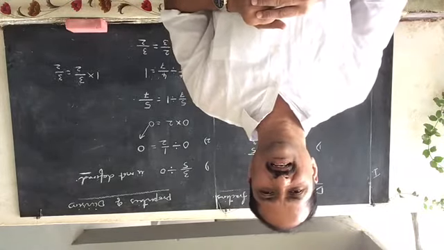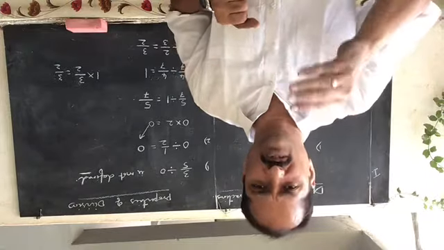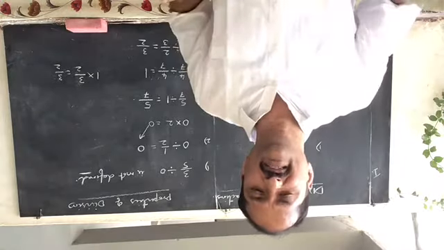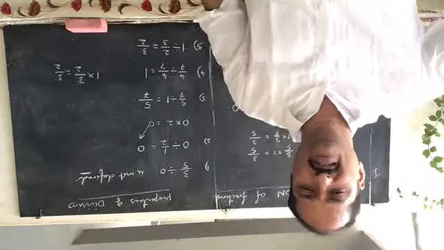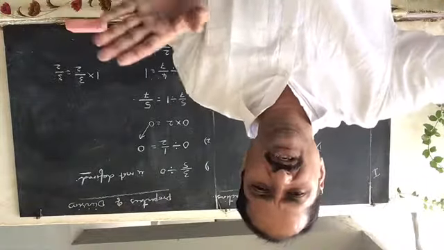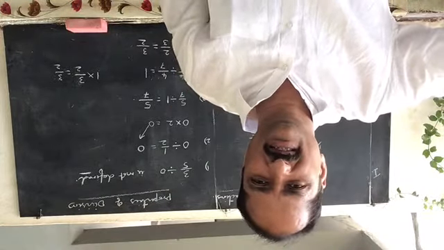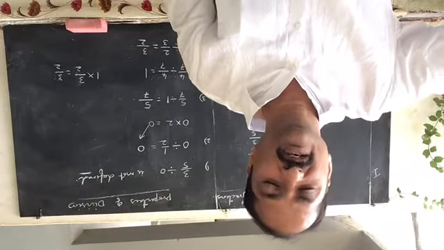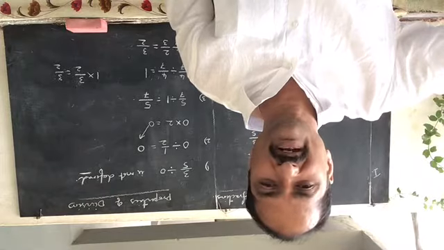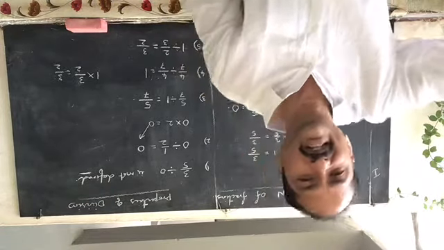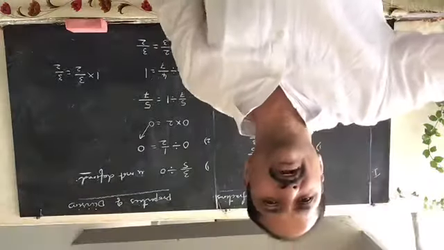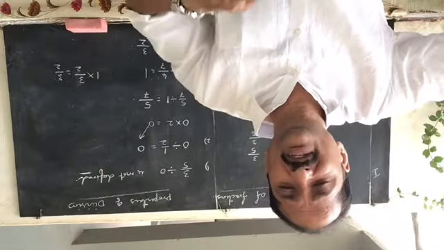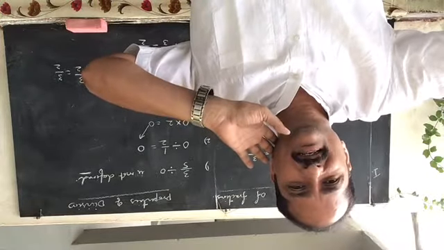Then you have to ask more doubts. However many doubts you ask, your doubts will be clarified easily and you will become perfect. If you are not asking doubts, you will not become perfect in mathematics. Always you should get doubts. Sir, if you are doing like this, what will happen? If you are doing like that, what will happen? If you are dividing this with a whole number, what will happen? If you are dividing this with a mixed numeral, what will happen? If you are dividing this with an improper fraction, what will happen? Like this, you can take a different number of questions easily.